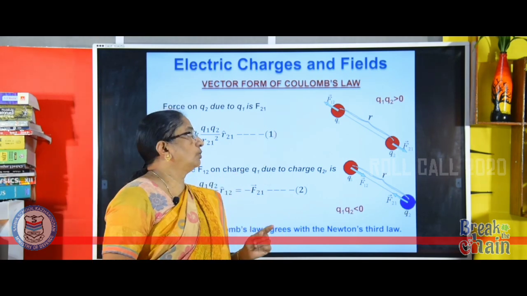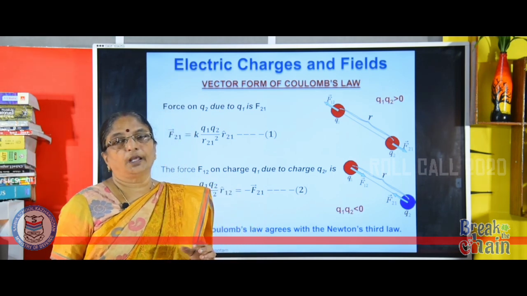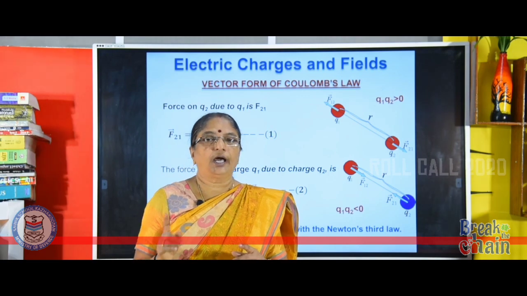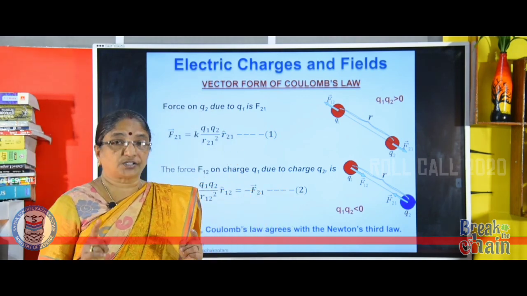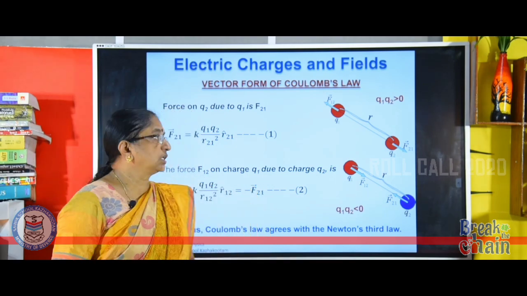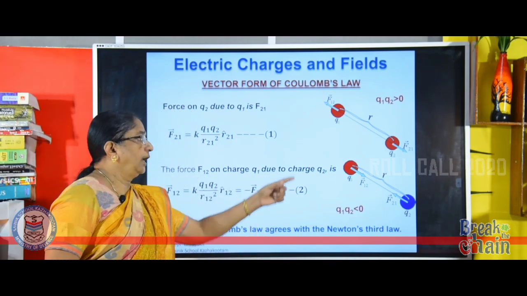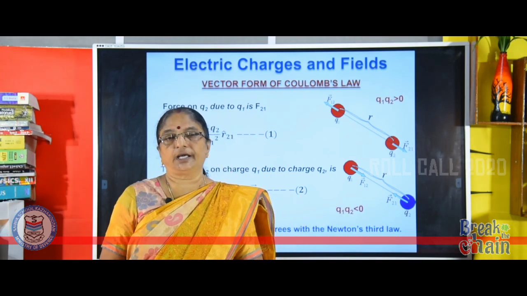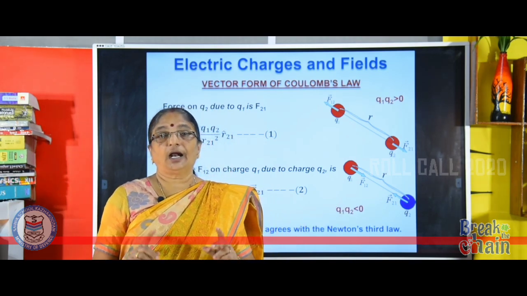So if Q1 into Q2 is greater than 0, they are identical charges, because plus into plus becomes plus and minus into minus also becomes plus. So both the charges will repel. And if Q1 into Q2 is less than 0, that is negative, it means that both the charges are unlike and